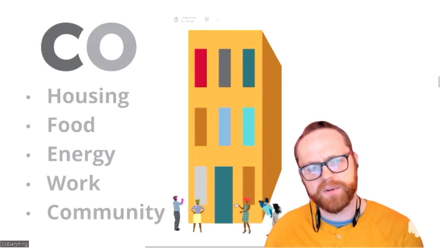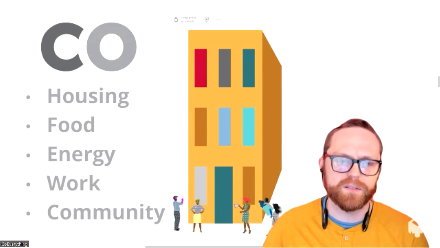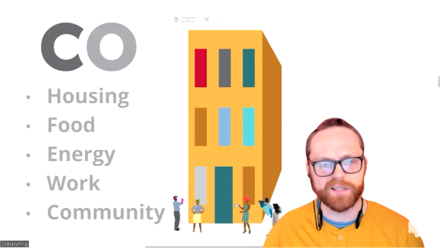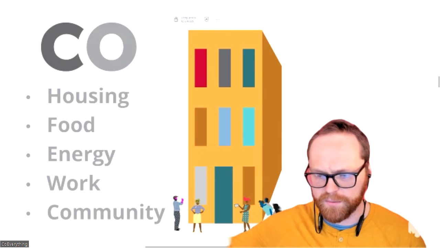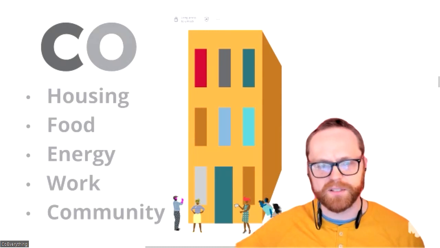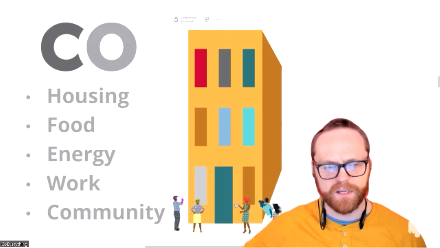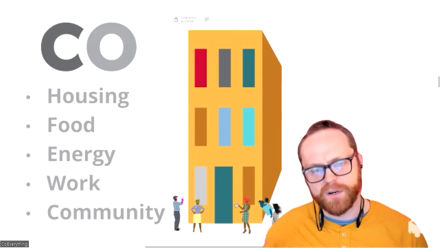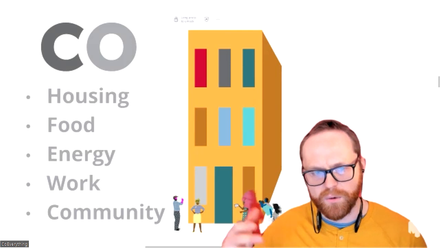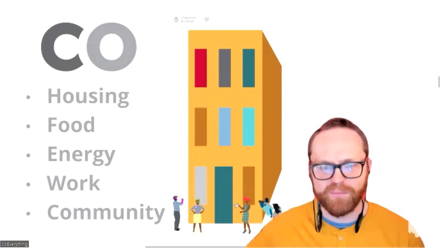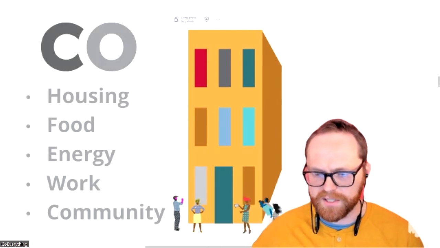And specifically, it was coming from this framing that said, what if we don't have Co within those? What we have is housing that's owned by someone else, where the profits are being distributed to somebody else somewhere else. And we start to not have control of our own housing situation, which means we don't have control of our own ability to have shelter, which is a basic human need. If we don't have control of our food systems or how we access food, then what's happening is, again, whoever owns it somewhere else, a larger multinational company, is extracting wealth from our neighborhoods, and we don't have food security. Again, one of our basic human needs.